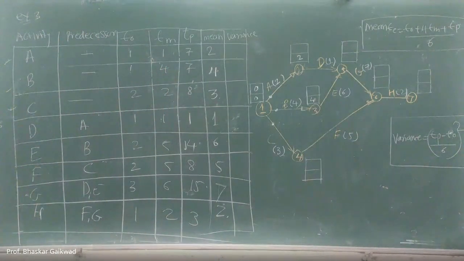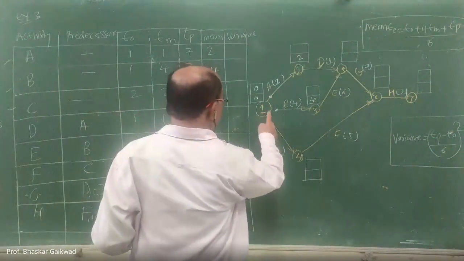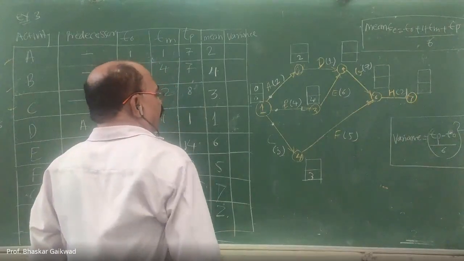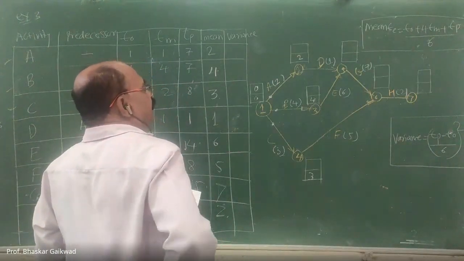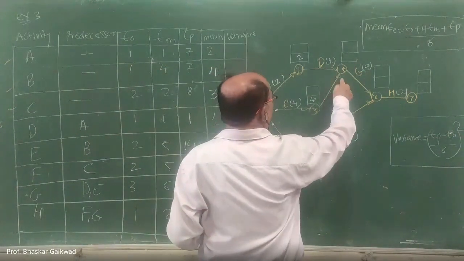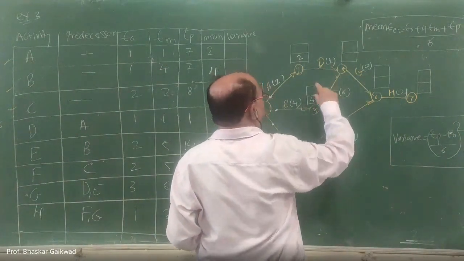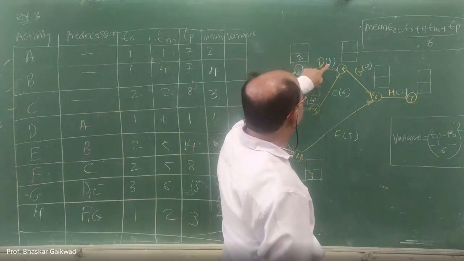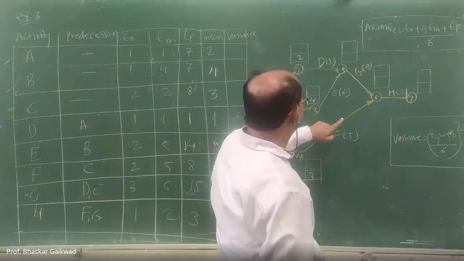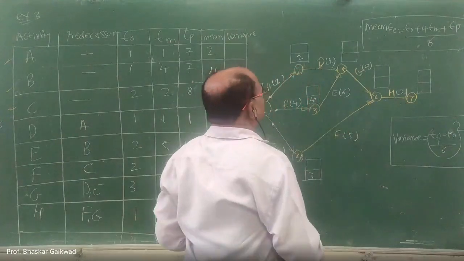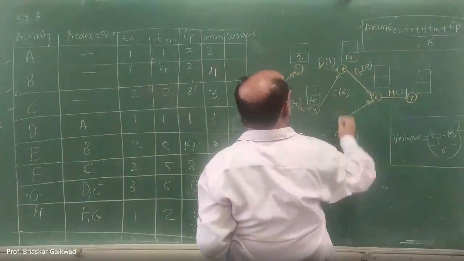Then C. See how much there. C is this 3 plus this. This is the 3. Okay. Now activity 5. This is the 5. So here 2 activities are there. Out of these 2, which is the maximum? 2 plus 1, 3. And 6 plus 4, 10. Which is the maximum? 10 is maximum. So here you can write 10.